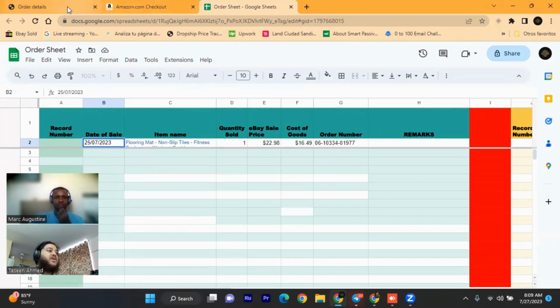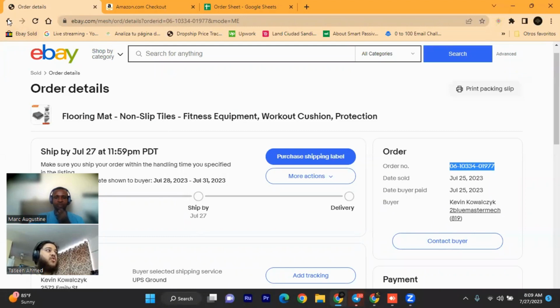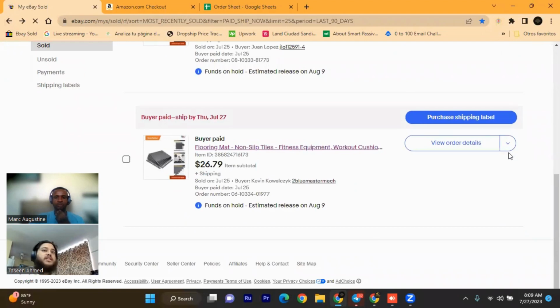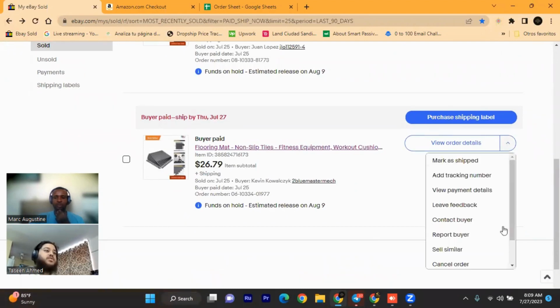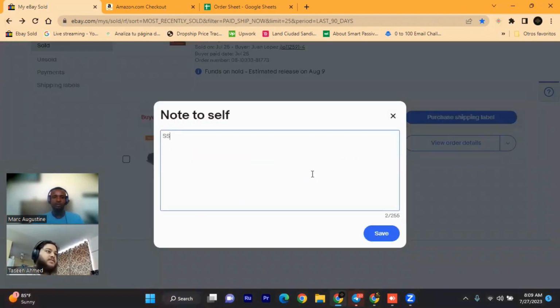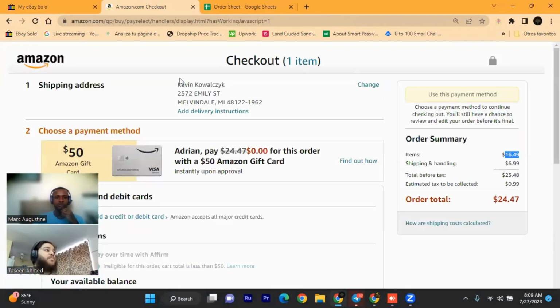We're good to go. And the last thing we're going to do, once you've ordered this item, is make sure you put a note. I always add a note, and I start my note with SS. SS means shipped for us. Why we chose SS: it just takes up fewer characters, because there's a 255 character limit over here. SS just means shipped, and all my team knows that if someone wrote SS, we already shipped the item. Then we put the Amazon account that we use to